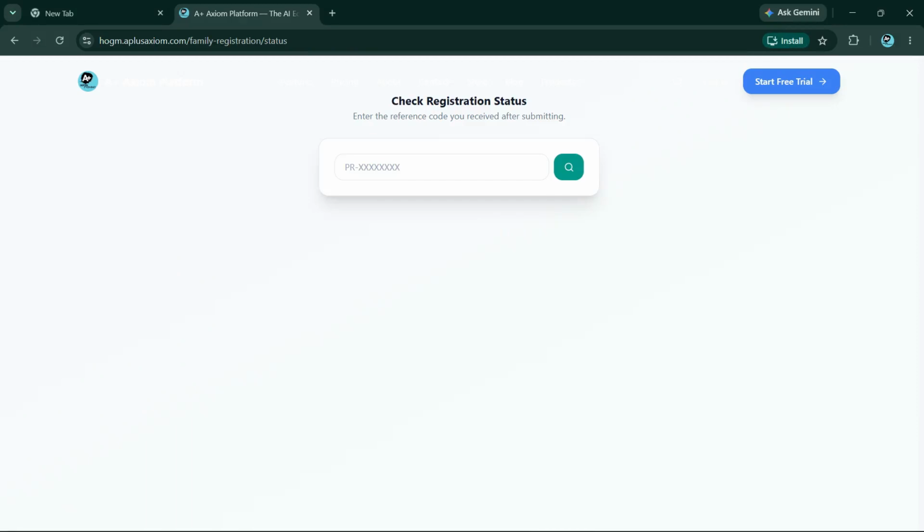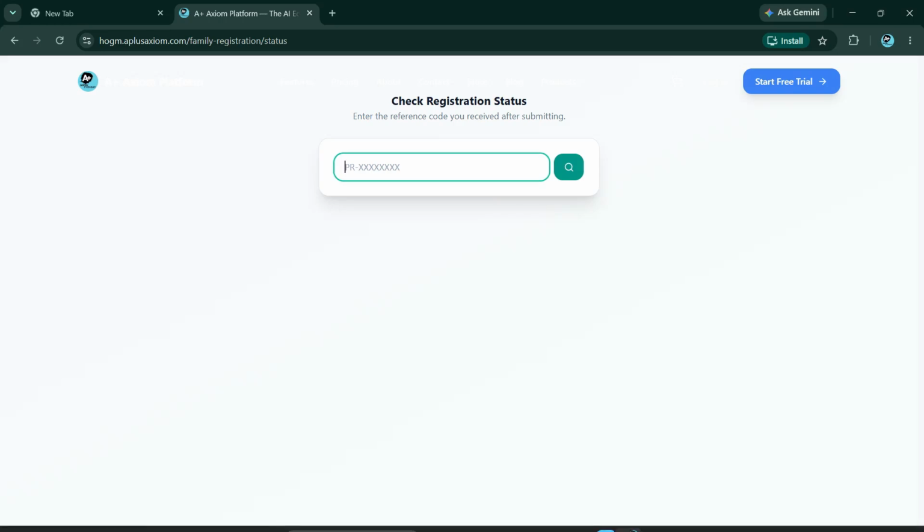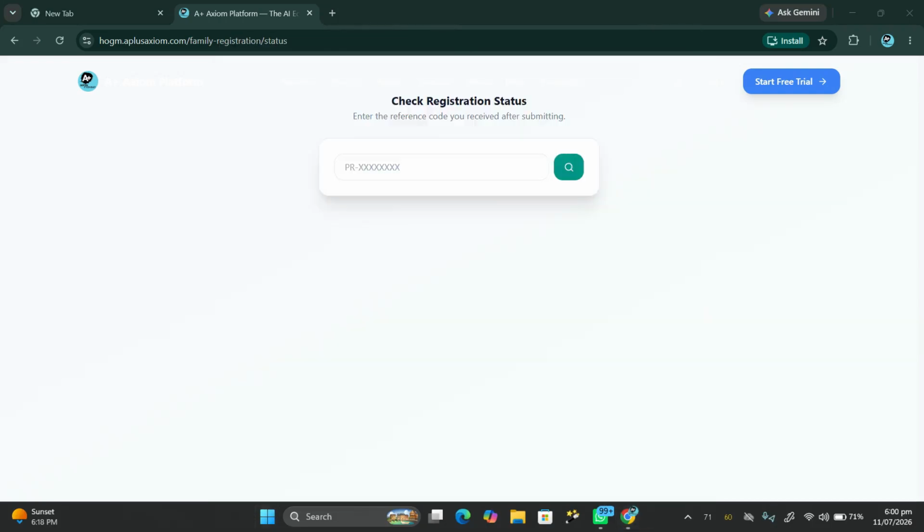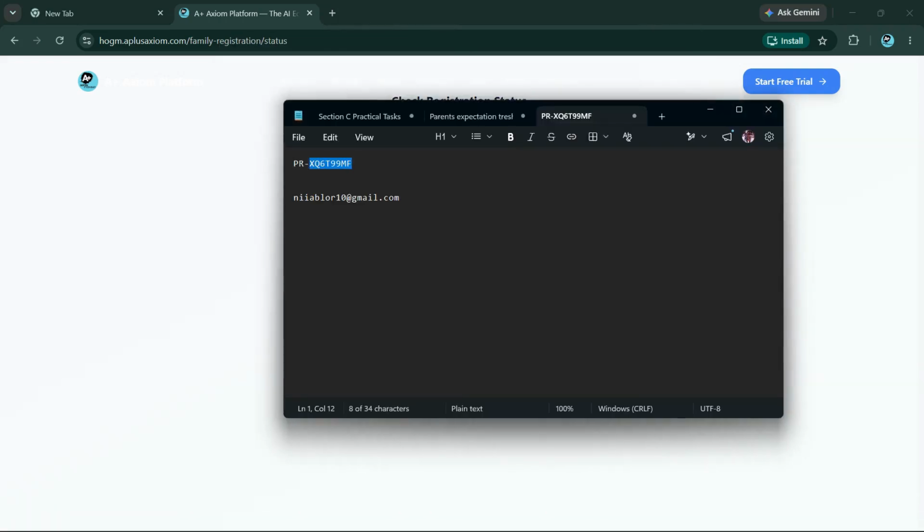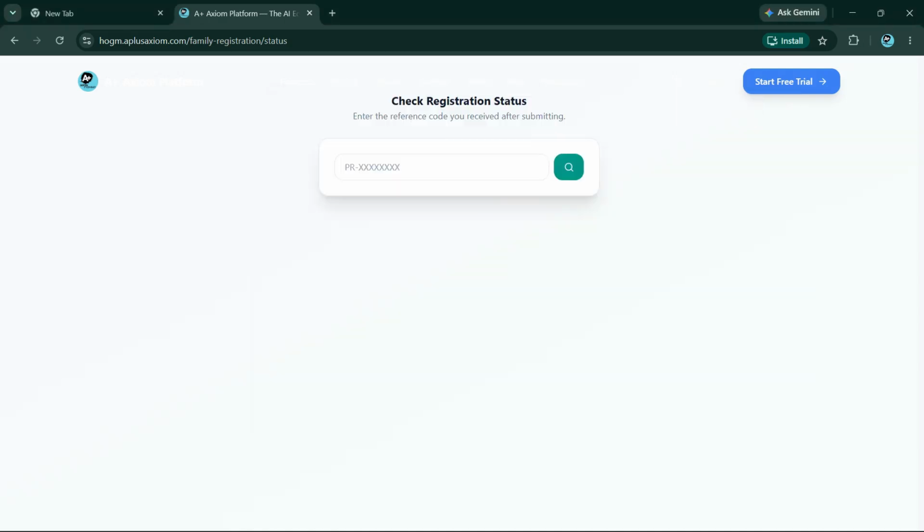Remember, after the registration and you click on review, there was a reference code shown on your screen. I know most of the parents took a screenshot of that, so in case you have that, you can just put it in here. But let me see what I have. I'll try this and put it in to see whether I've been approved or declined, or what the issue is. If you've been approved,